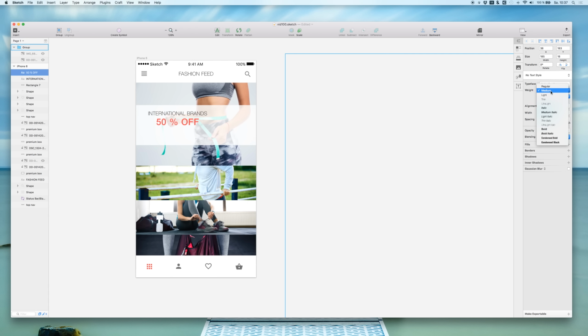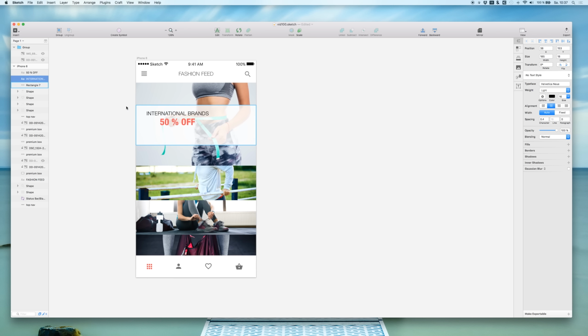So let's just increase the size again. Or maybe let's go for this one, like that. Let's reduce the size a bit, and let's center them individually,